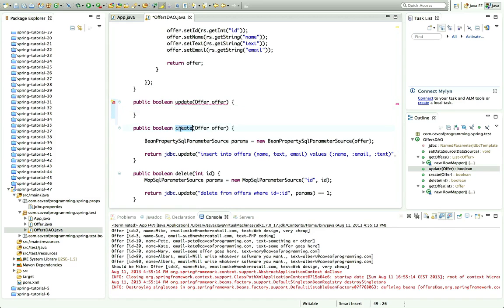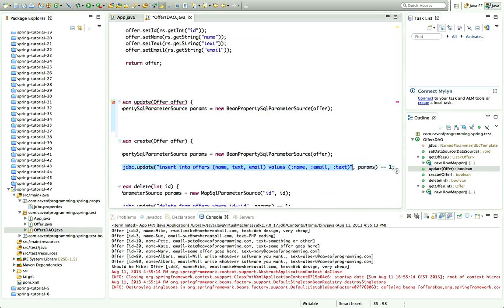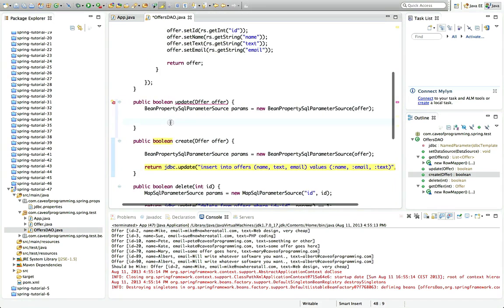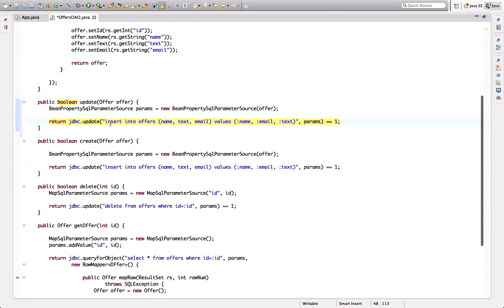And that will accept an offer object, and it will return true if the update succeeds and false otherwise. And I can pretty much copy from my create here, because I'm going to get the bean properties from a bean property SQL parameter source. So these are the placeholder values that I'm going to fill in my SQL. And let's copy this line as well from the create method. Paste it in. And I just need to change this SQL a bit here. So instead of insert, it's going to be